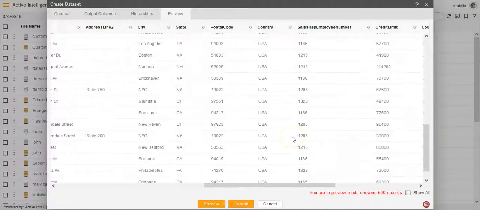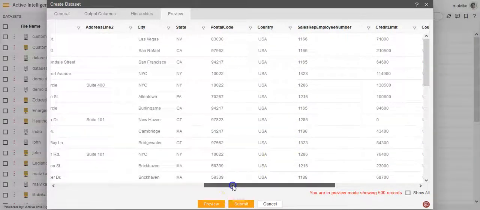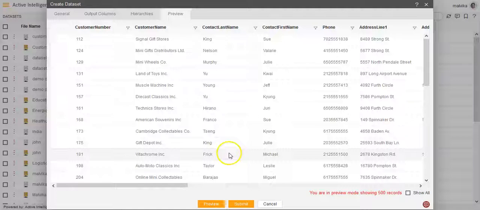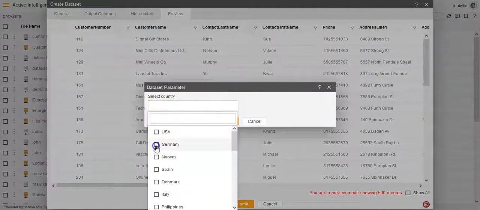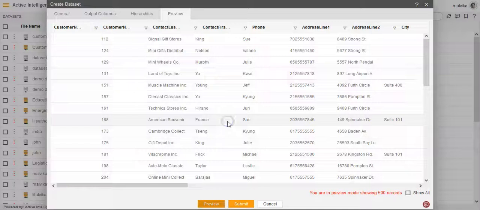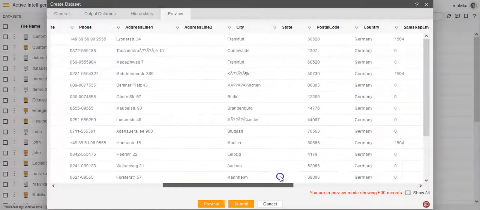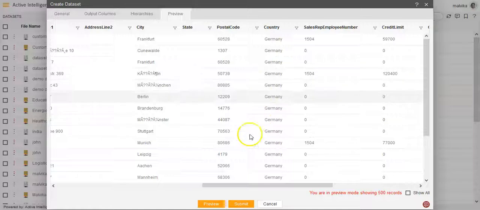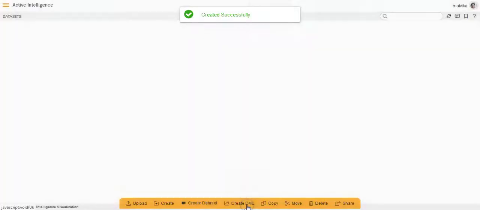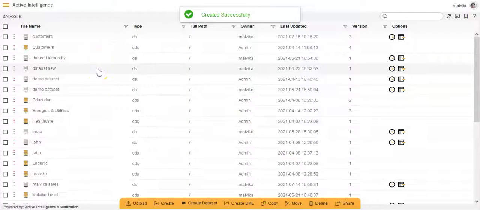And you'll see that you can get the preview of the country which you just now selected, that is USA. Same way you can choose the data for other countries as well, like if you click on preview and instead of USA now you'll click on Germany and click on submit, you'll see that now the data for Germany has appeared over here. So now you can click on submit. So you've seen how we have applied the parameter on the data set. Now we'll see how we can create a visualization from this data set on which we have applied the parameter.